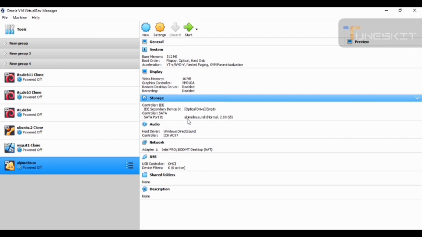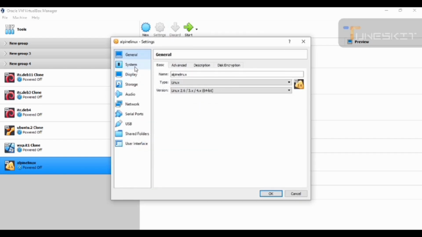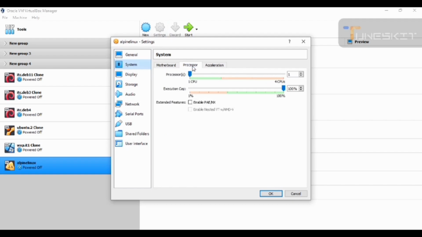After the virtual machine is created, choose the machine you just made, then click Settings. Tap System, then tap Processor. Here I only have one processor. Continue to Storage.